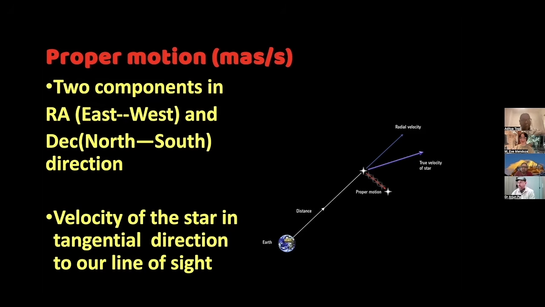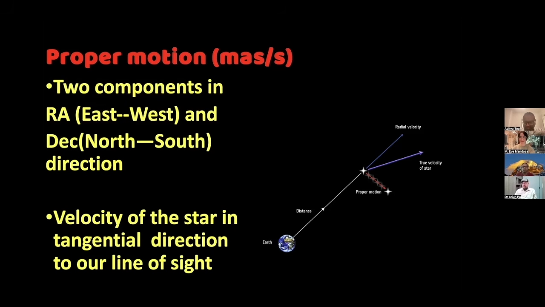Anyway, so that's proper motion. Is the proper motion and radial velocity concept clear? Radial velocity is towards and away. Proper motion is east-west and north-south. So one is going towards us and away from us, the other is going up and down, and the other is left and right. Correct. Up and down, left and right, both are called proper motion.